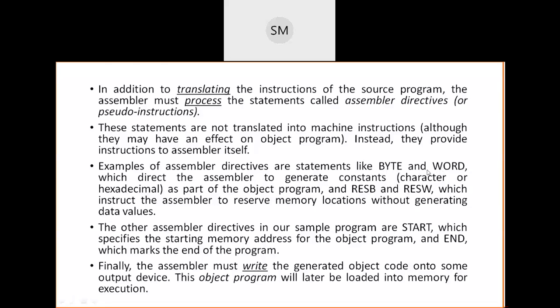So the main difference is, these will reserve the memory as well as store that data there, but these will only reserve the memory, that's all. These will generate the constants, whatever data you want to store, you should write there. They are generating the constants.